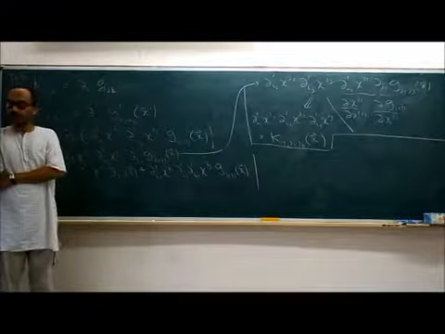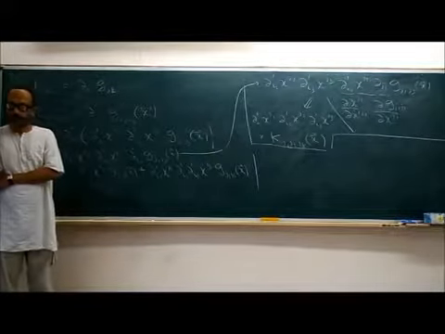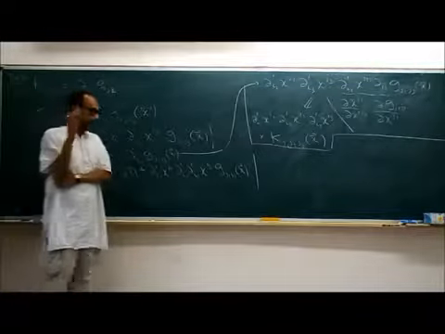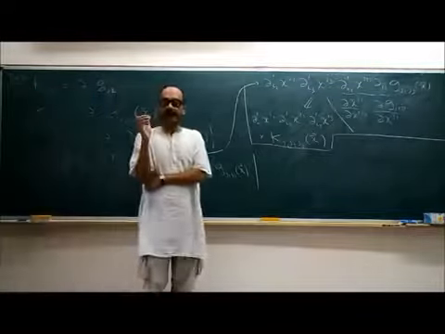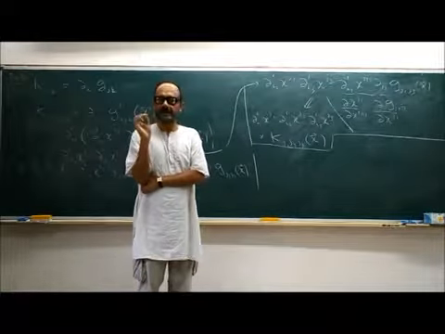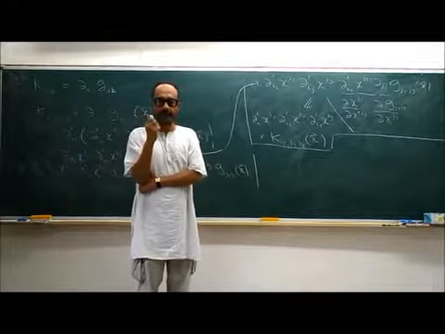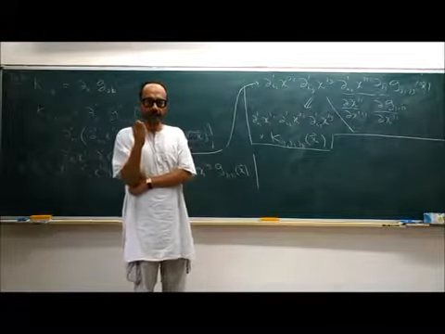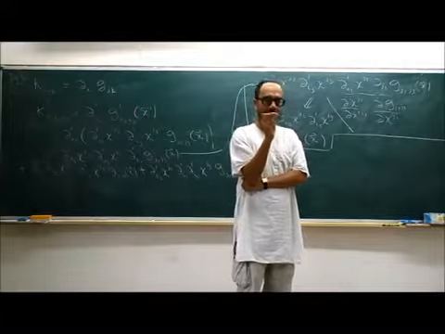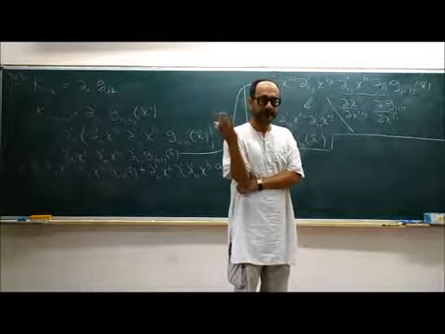But the answer, unfortunately, is that it's not possible. And the way we can show that it's not possible is to show that it is possible to choose a coordinate system in which k is identically 0 at a given point, just like we brought the metric to the standard form at any given point. What one can show is that given a point on the manifold, it is always possible to find a coordinate transformation so that k vanishes.